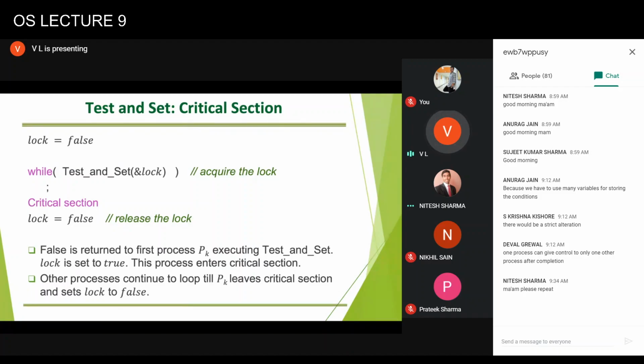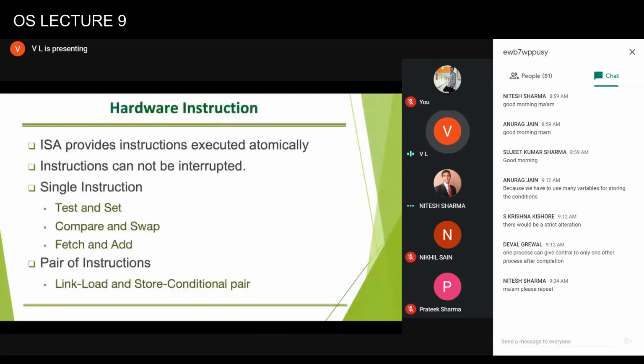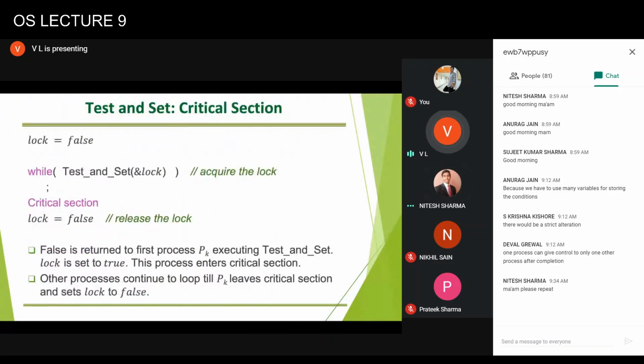So that's why hardware also has an instruction to support the same scenario. If you look at the critical section, generally you acquire some kind of lock so that other processes cannot continue, go to the critical section, and then release the lock. So for acquiring the lock, we have to have some scenario where only one of the processes is able to win and get the lock, and other processes will be forced to wait.